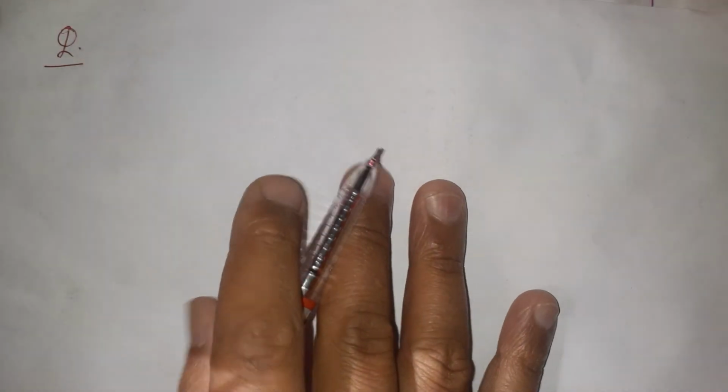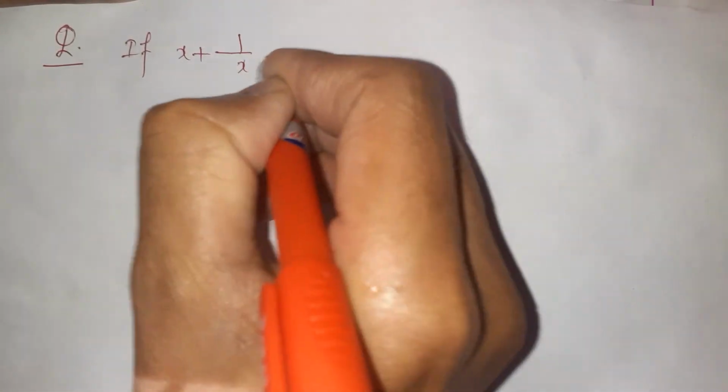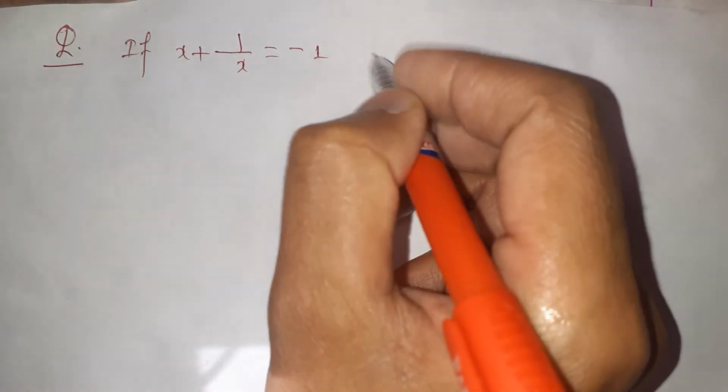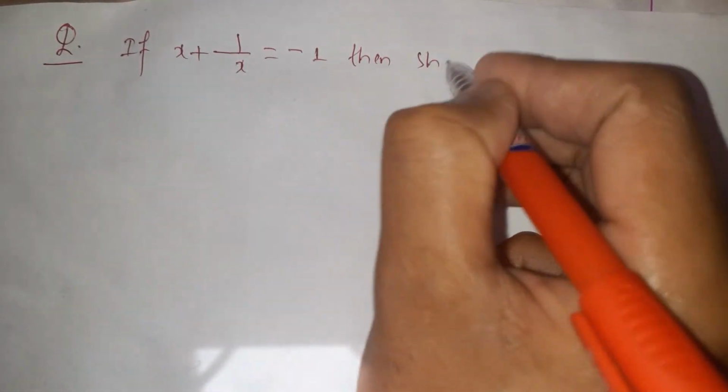Hi everyone, in this video I am going to solve a particular problem related to the complex number. Here the question is: if the value of x plus 1 over x is negative 1, then